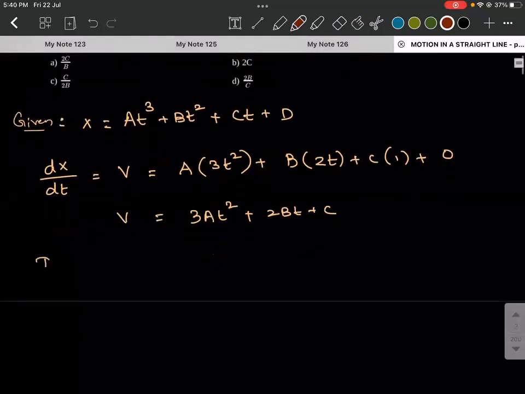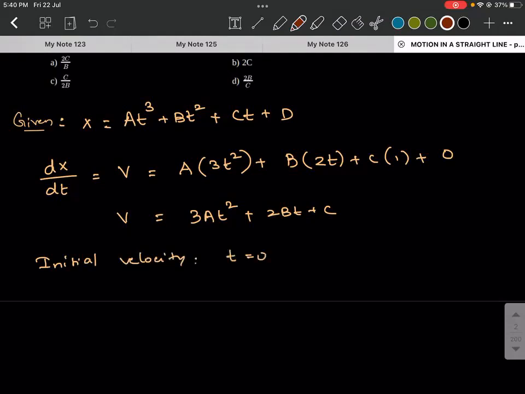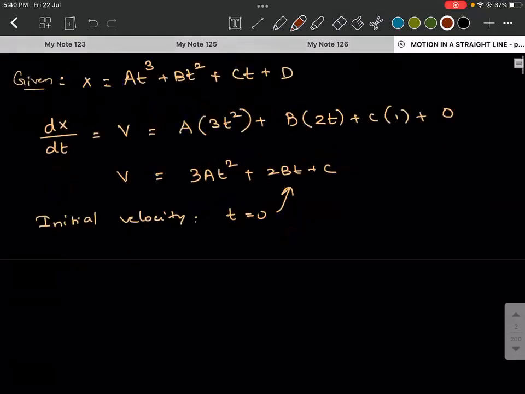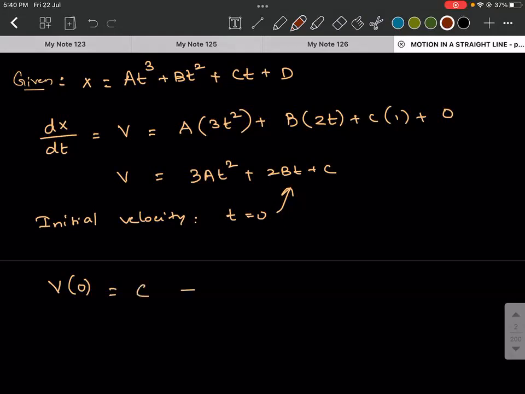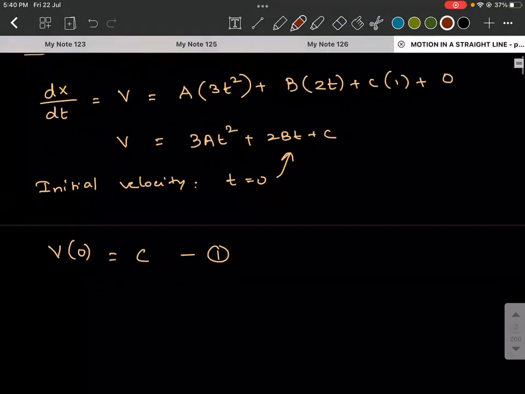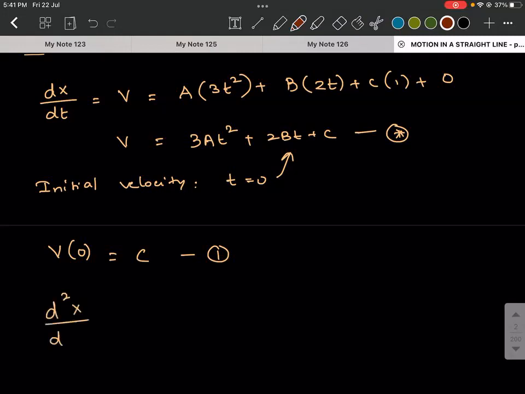Since they asked initial velocity, for velocity to be initial, t should be equal to 0. So if you substitute t is equal to 0 here, you will get the velocity at time 0. So v of 0 is going to be c. Let this be expression number 1. Suppose I differentiate this, I'll call it as star. Suppose I differentiate the star with respect to time, then I will get d square x divided by dt square,